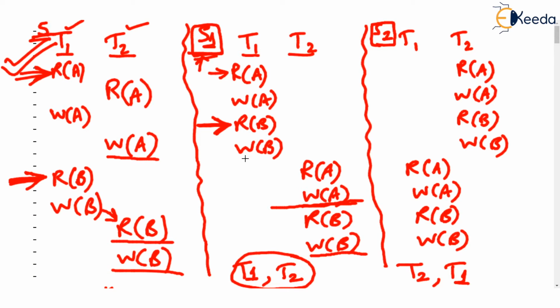Okay, let's see. Read B. If you see this read B, here I am underlining read B. Correct? Before this read B, in the other transaction T1, was there any write? Write B. Yes, write B. So this is the updated value of B, and who has updated this? T1. T1 updates B and T2 reads it. That means in both these schedules, B is getting read by T2, but that B was updated by T1.